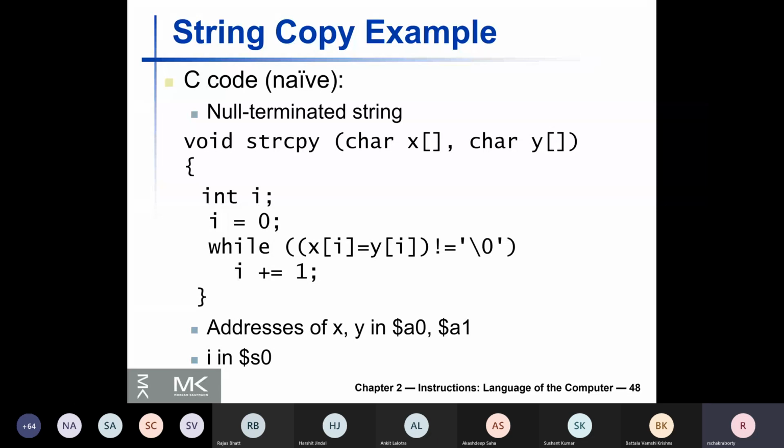And in the program, suppose we assume that the addresses of X and Y are in the registers A0 and A1, and i is in register S0. Now, if you want to write a procedure for this, since the iterator variable i is in $S0, which is a very surprising and stupid choice, because an iterator variable is an inherently temporary variable.